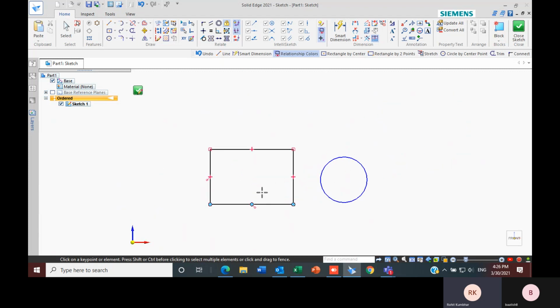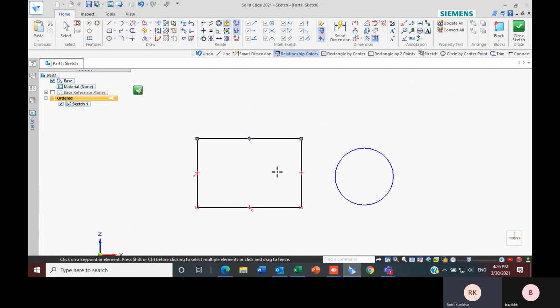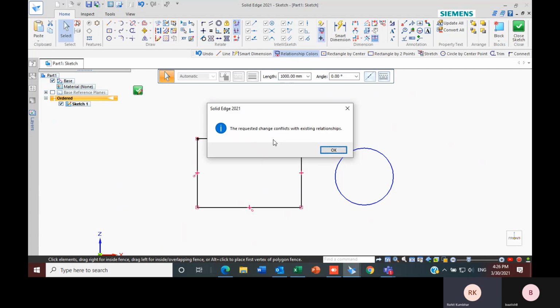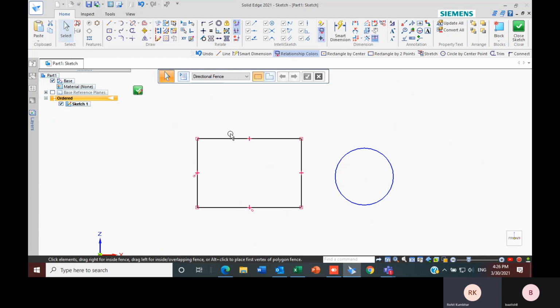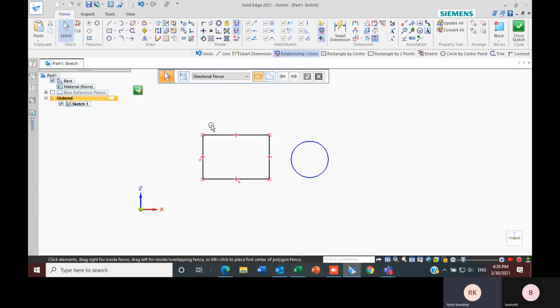If I lock these two lines, the whole sketch will get locked, and if I try to change it or move it, it won't get moved. Let's say if this is length 750, if I try to change it to 1000, it won't get changed because it is in lock position. So this one is about the lock option.